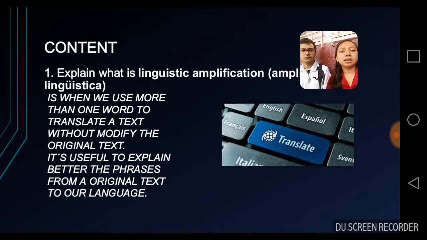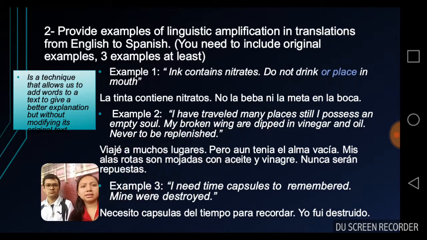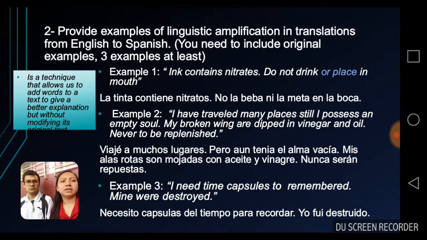The first topic is about linguistic amplification. It is when we use more than one word to translate a text without modifying the original text. It's useful to explain better the phrases from our original text in our language. To provide examples of linguistic amplification in translation from English to Spanish,